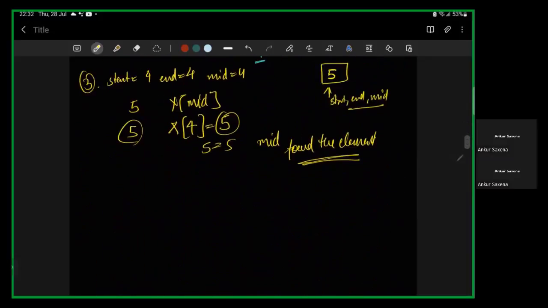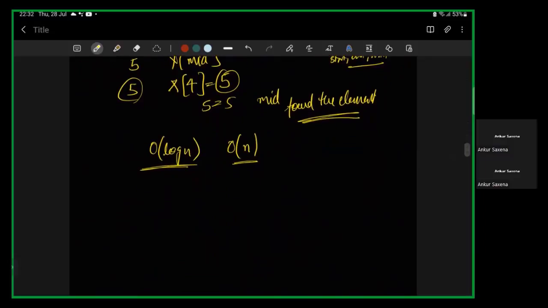So this is the algorithm of binary search, and it is a very powerful algorithm with a time complexity of O(log n), as compared to O(n) for the linear search algorithm. We will discuss the time complexities in another session, but to give you an intuition,